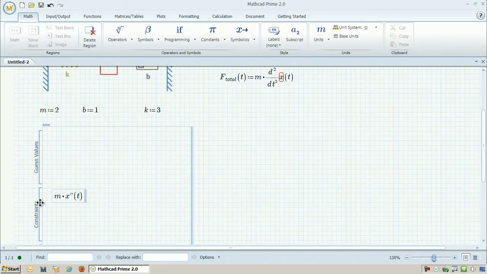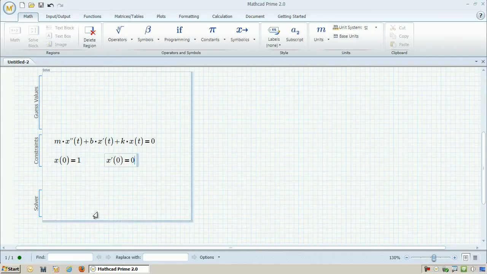So I'm going to write the same ODE equation, but this time I'm going to use the prime notation. So I get m times x double prime plus b times x prime plus kx, and that's going to be equal to 0. And then I'm going to offset it with an initial value of 1. So I'm going to hold x initially at a position of 1 and then let it go